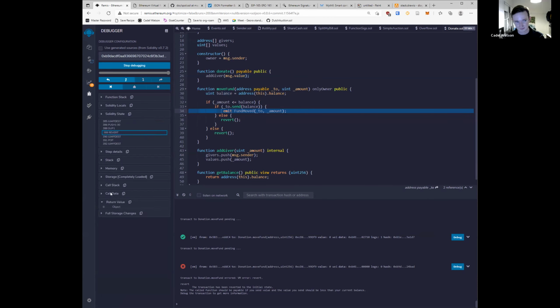So, what should I show next? Are there any more questions about the basic use of the debugger before I continue? Okay, cool. So what I want to do now is use this